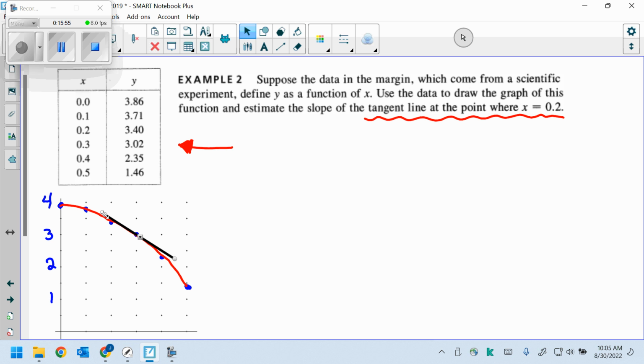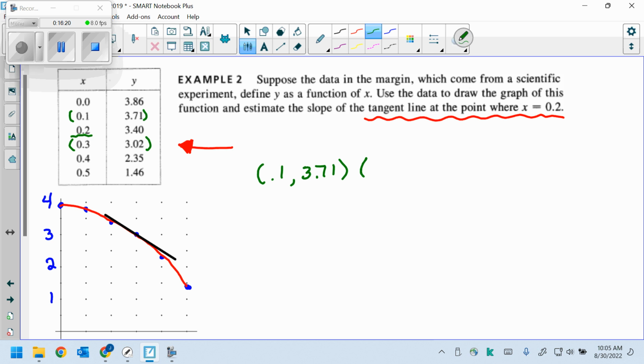But what James is going to want you to do is, if you want the slope at point 2, you use the point just prior to it and the point just after it. And that is going to give you the best estimate for the slope of that line. So if I take the point 1, 3.71, and the point 3, 3.02,